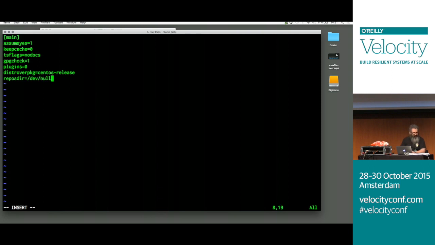That works. Right? Even if someone copies a repo config file, it won't be there. And then the last thing is, just to save time on my builds, I'm going to install from the CentOS